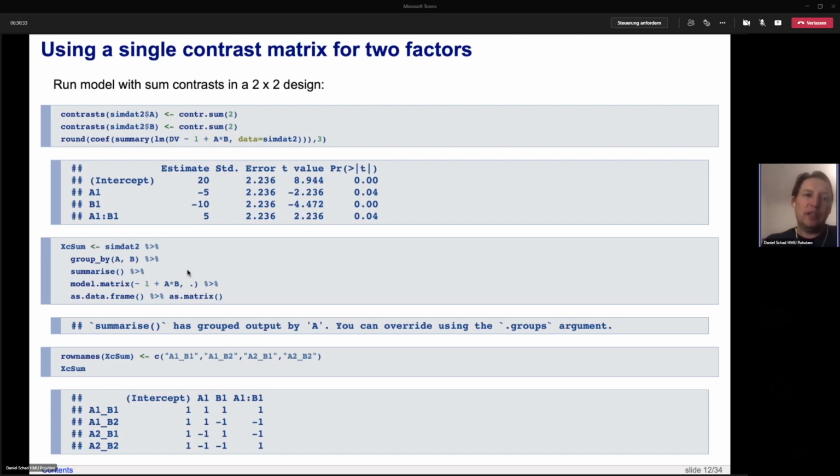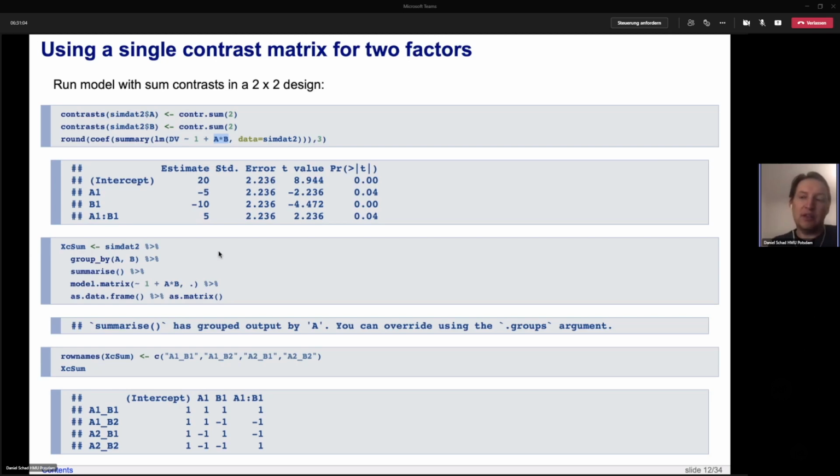Okay, so now what we did so far is we were running a model where we have two factors in our simulated data, factor A and factor B, and each of them was assigned a separate sum contrast. This gets this sum contrast, this gets this sum contrast. And then we can run a linear model where we specify A times B and we get these results. However, an alternative way